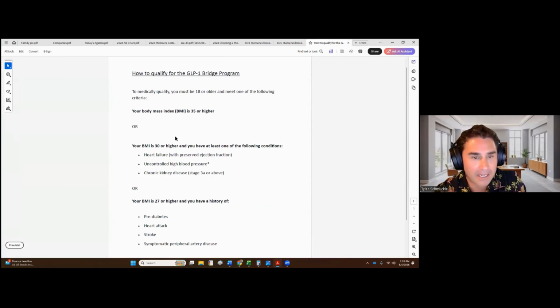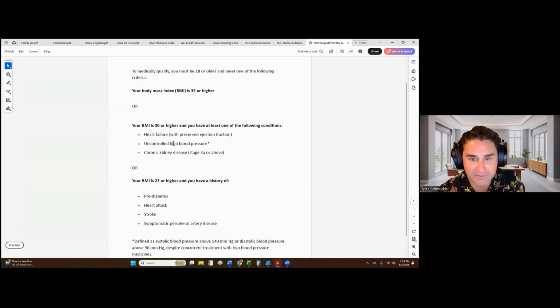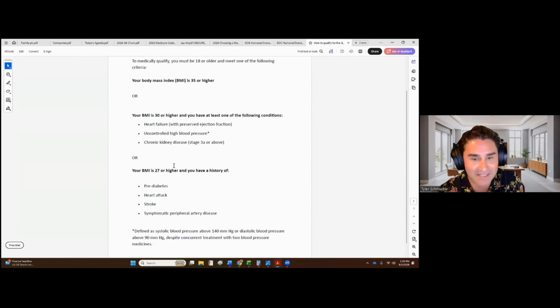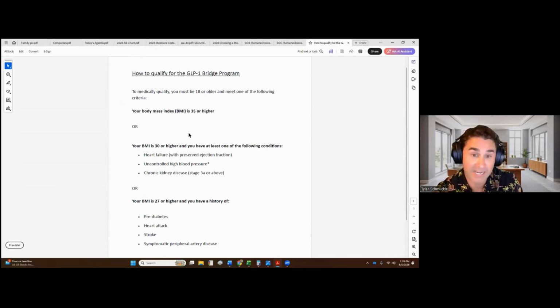here. And so these are the qualifications for the bridge program. It's off a body mass index, 35 or higher, or 30 or higher with a few different conditions, or 27 and higher with these conditions here. So if you qualify because of type 2 diabetes or for sleep apnea, you cannot qualify for the bridge program. If you don't have type 2 diabetes or sleep apnea and you want a GLP-1, you can get it for $50. So they're giving out Wegovy,